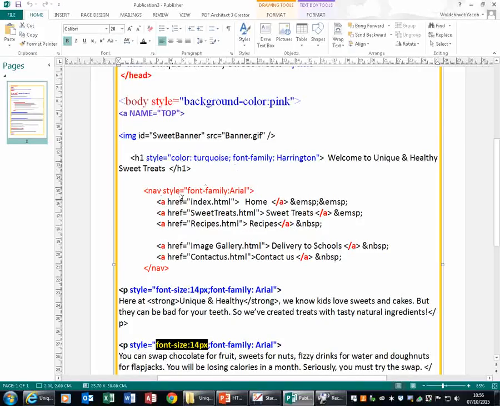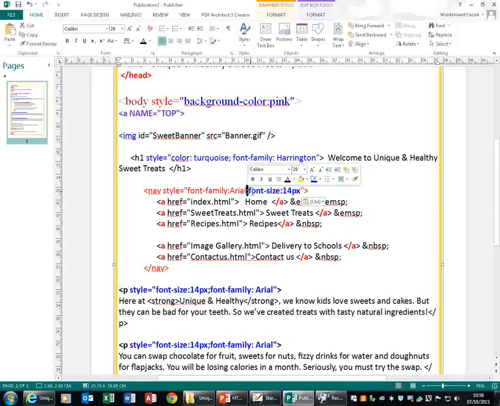We could add the font size as well for the anchor tag for the navbar by adding it like this, for example. So for this one, 14, size 14. If I want it size 12, 12. And if I want the color to be